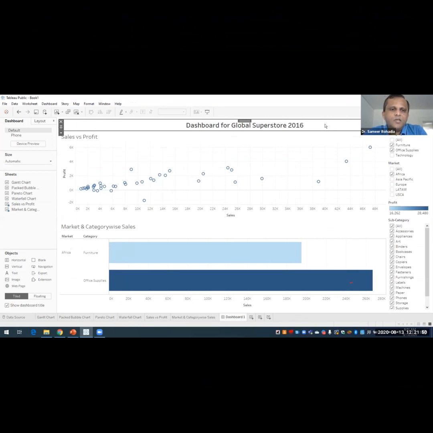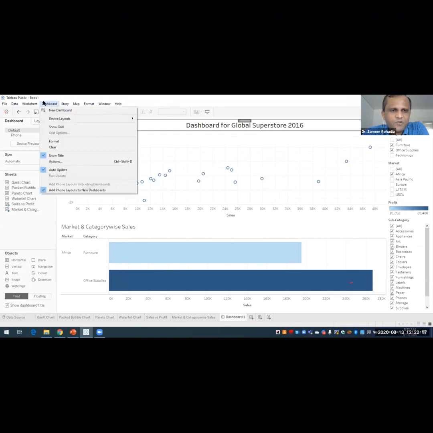Now before I go for the further thing, if you want to change the formatting for this dashboard, then on the top, where we have file, data, worksheet, dashboard, story, map, format, window, etc., we click on the dashboard tab, and then here we have this format option.